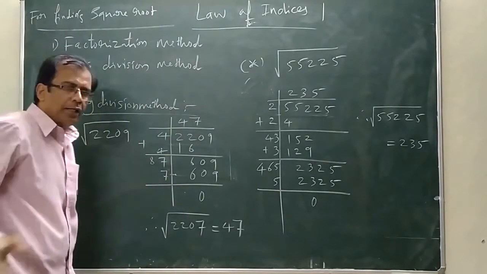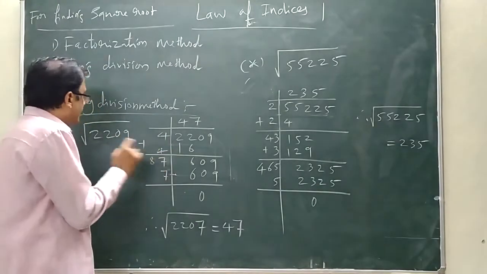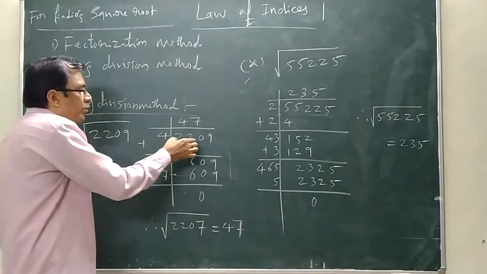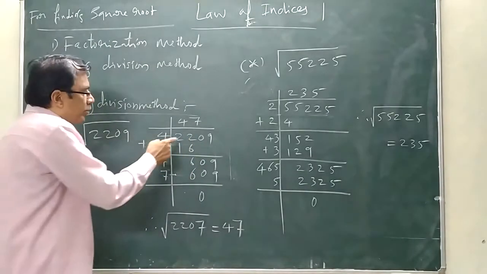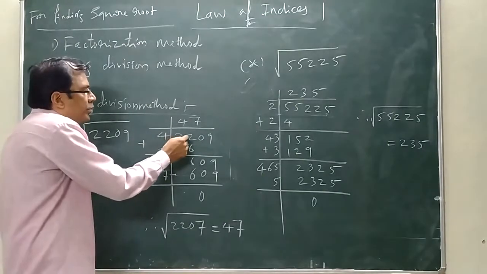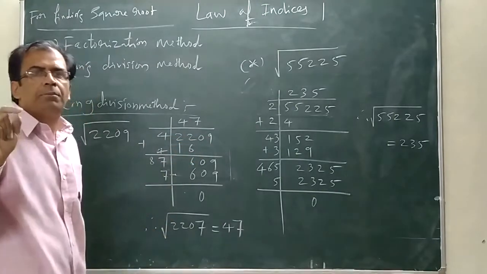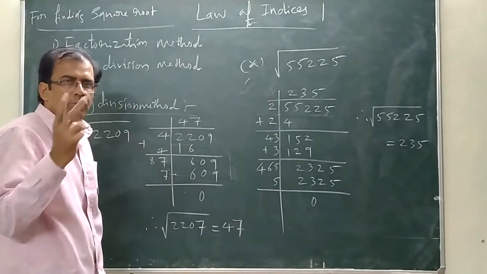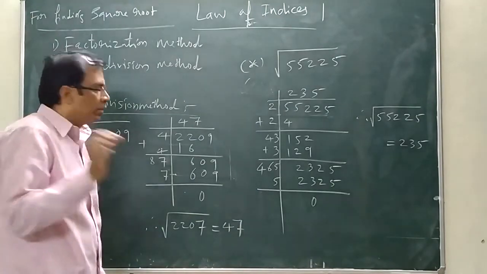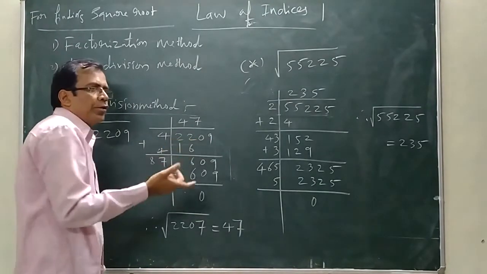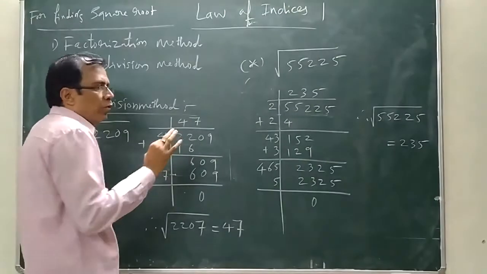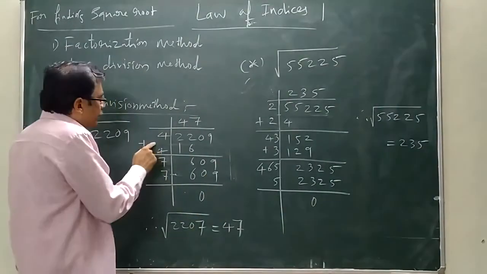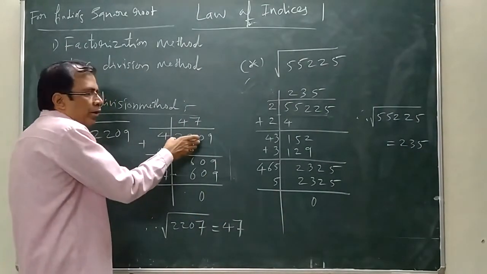Again, you just observe here, I will repeat this. First, the number example we have given, 2209. In that one, first you have to take only a 2-digit number. It is a 4-digit number, so you have to take only 2 numbers. Odd and even, in this way you have to go forward. 4 digits means you have to take only 2, but odd means you have to take only a single number, and you will get that in the next example. First you have to go for finding only 22.